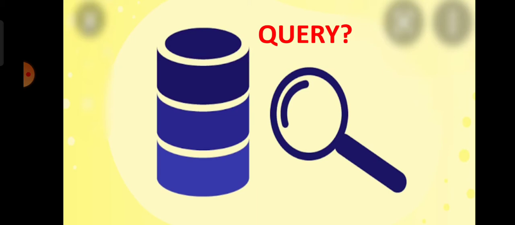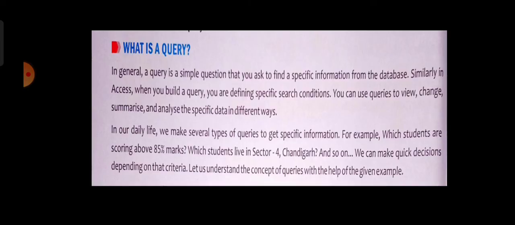You know that this data is stored in your database, but apart from that data, there is a huge amount of data which you have stored. But there's a condition, you don't want to see the whole data, you want to see the data of class 9th and 10th students who live in Jhansi. So here you need a query, you need to put a query to the database. Normally for any doubt you can ask queries, but here in database you have to create queries.